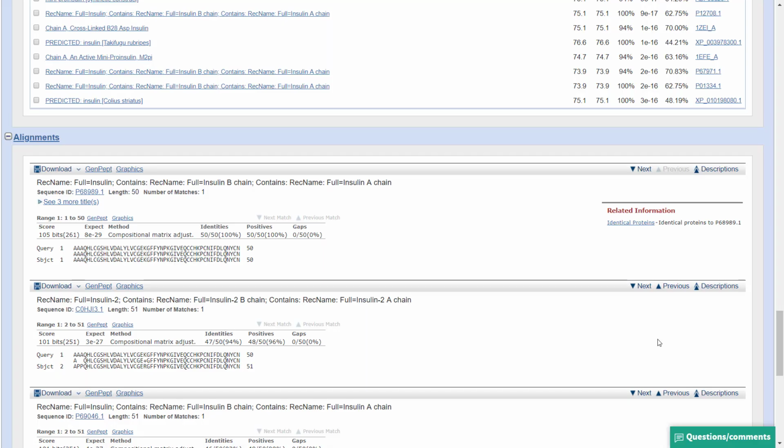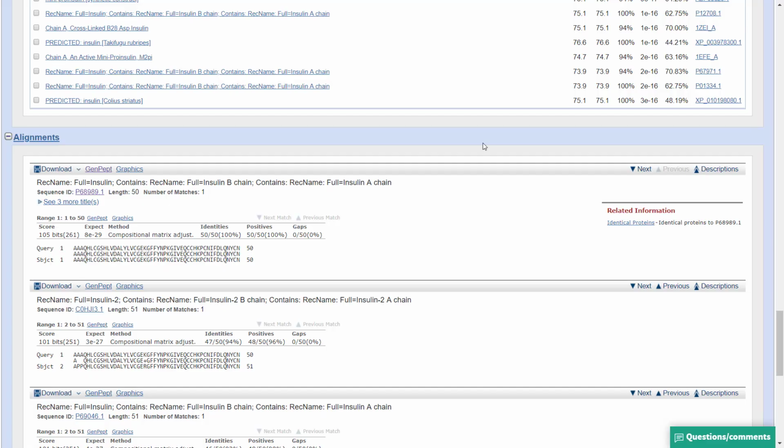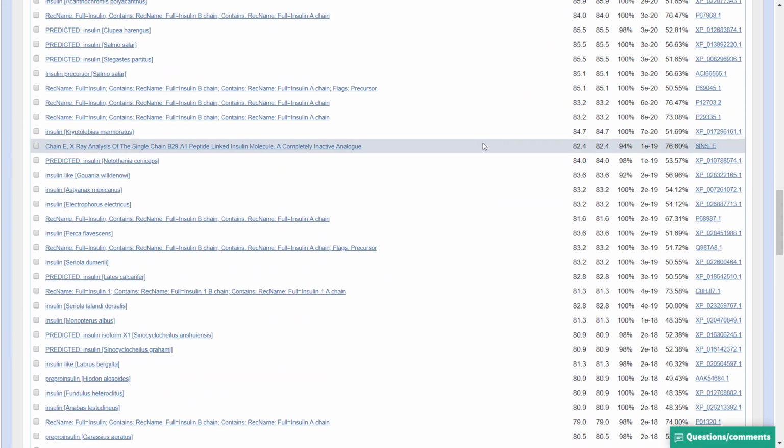In general, when filtering our results, we should look for matches with high query coverage and high similarity alongside a very low e-value. It is also important to look at the alignment itself to see that the sequences are well aligned. Now let's go back to the results table.